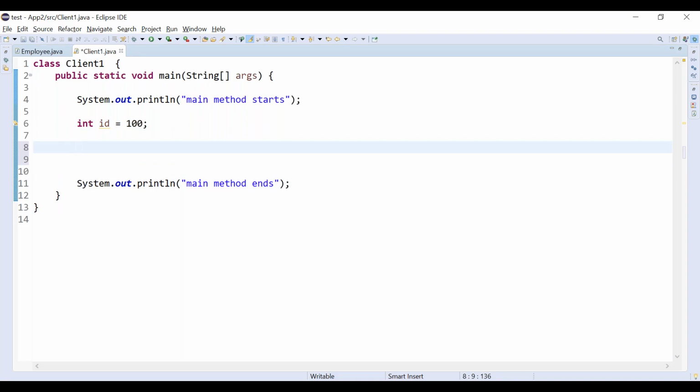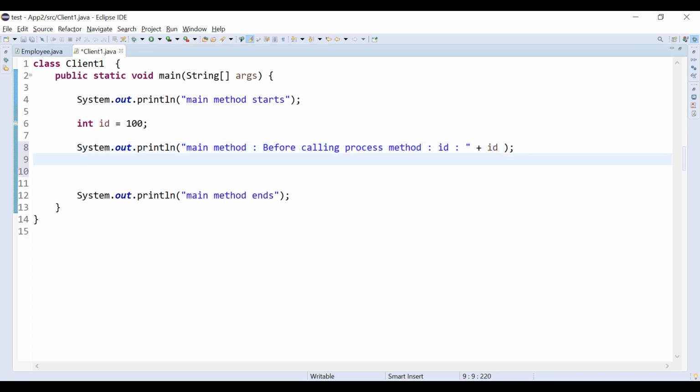And we are printing main method, this is inside the main method. Before calling the process method, we are just printing the id. What is the id value here? The id value should be 100 here, right? We are just printing the id.